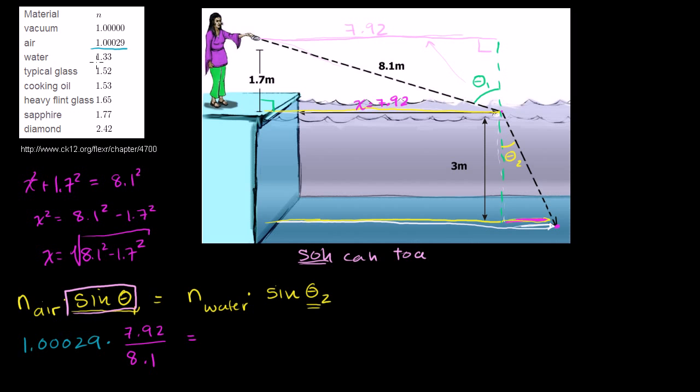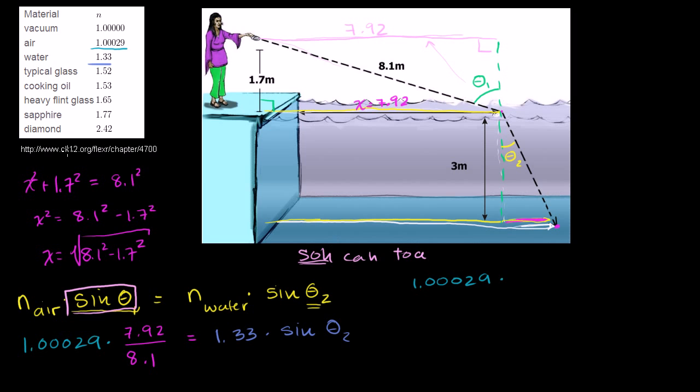So that's index of refraction 1.33. So let me do that in a different color, this dark blue. So it's going to be 1.33 times sine of theta 2. And so if we want to solve for sine of theta 2, you just divide both sides of this equation by 1.33. So let's do that over here. If you divide both sides by 1.33, we get